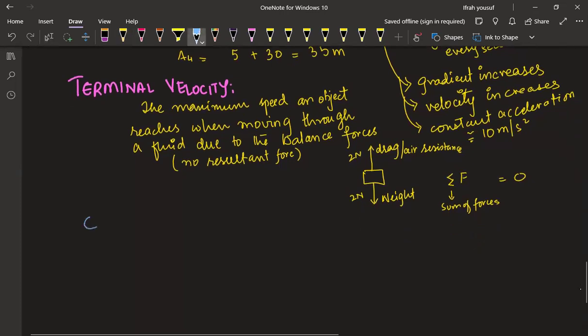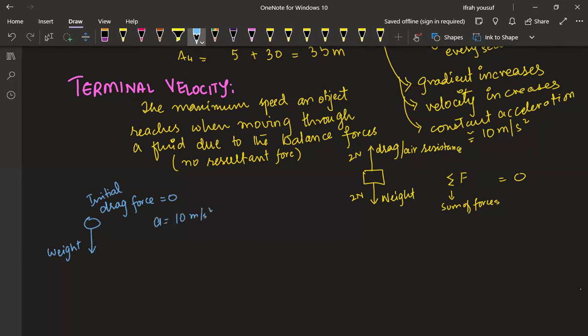So if this is the object, right, and it starts coming down, the weight is acting on it. Clear? But the drag would be 0. Drag force would be 0. So this is the case in the initial time of the motion, right? Okay. So initially the acceleration is going to be 10 meter per second square,